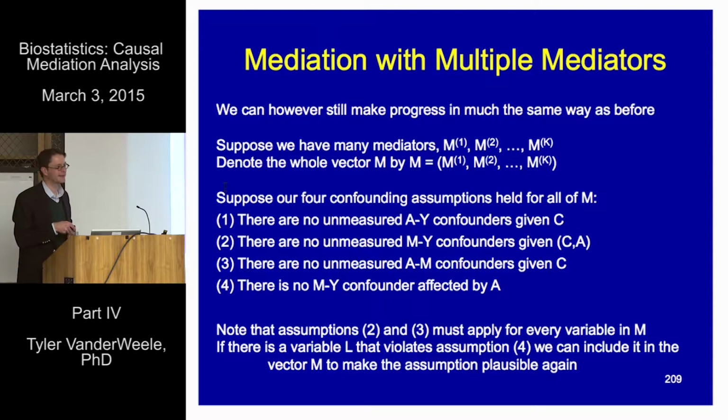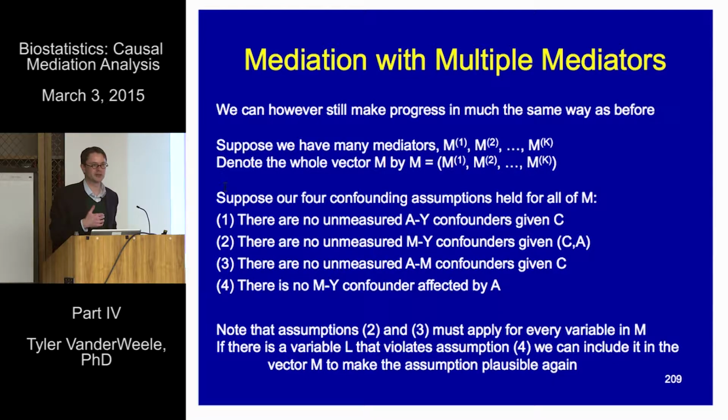We're essentially making that fourth assumption again, but in some sense it's a weaker assumption here, because if it's violated, we could take whatever variable is violating it, put it in our mediator vector, and take care of that assumption once again. So assumptions 2 and 3 are a bit stronger than before because they need to apply to the whole mediator vector, but assumption 4 is a bit weaker,